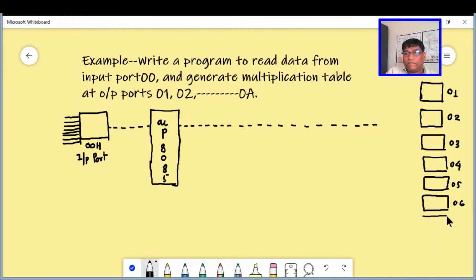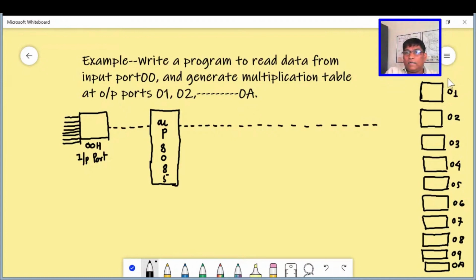Then we'll have output port having address 07, 08, output port 09, and we'll have last, after 9, because we are writing in hexadecimal, it will not be 10, it will be 0A.